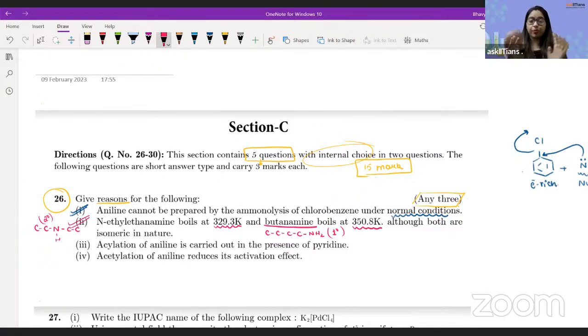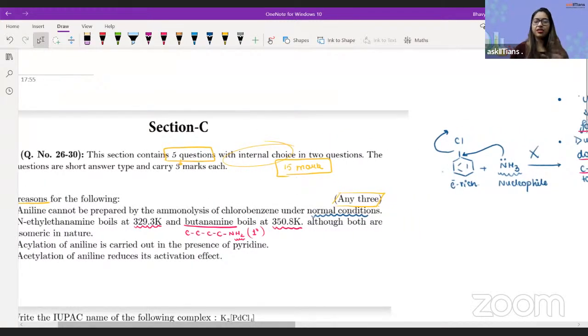primary amines have the highest boiling point, followed by secondary, followed by tertiary. And this is due to the presence of hydrogen bonds. So here, there is a tendency to make 2 hydrogen bonds. Here, 1 hydrogen bond. In tertiary, no hydrogen bond. Okay? So,